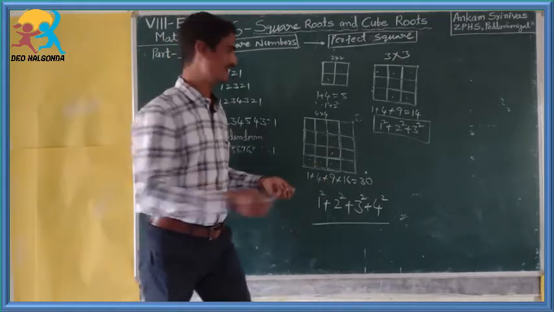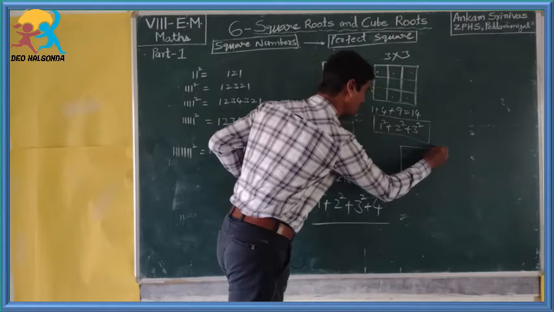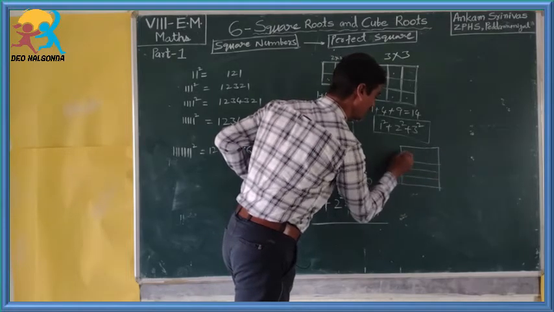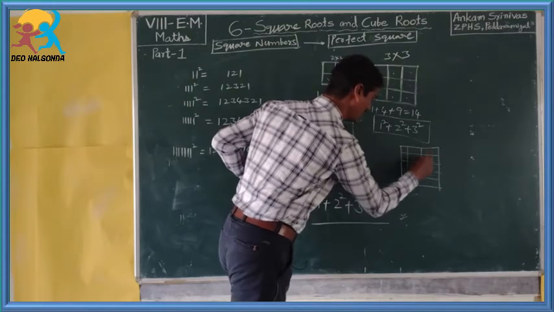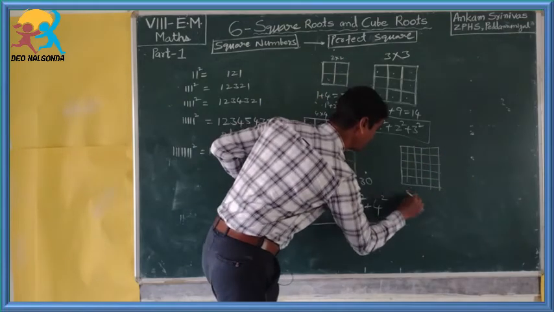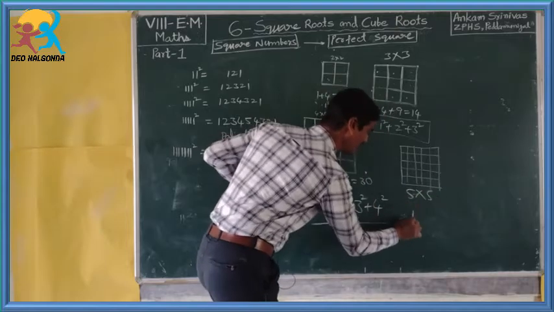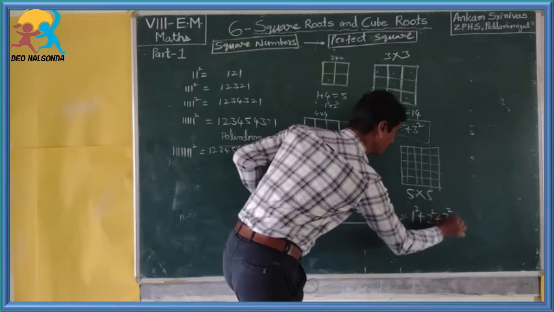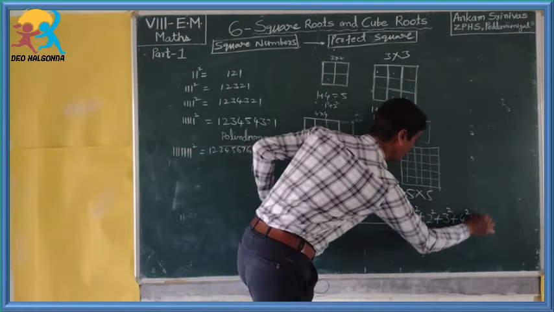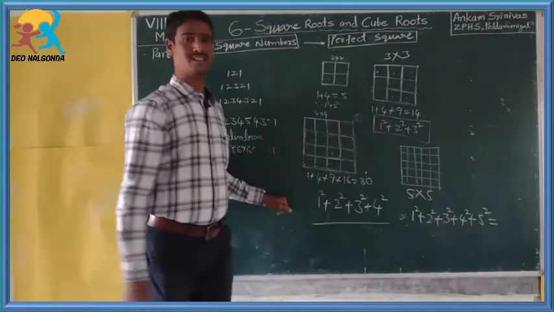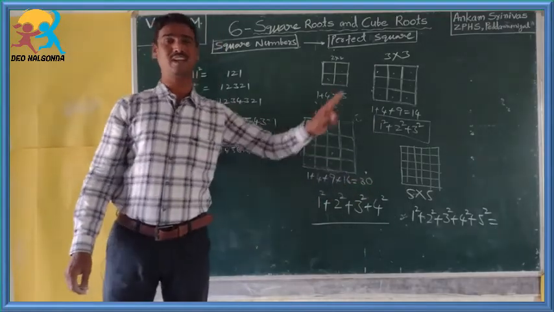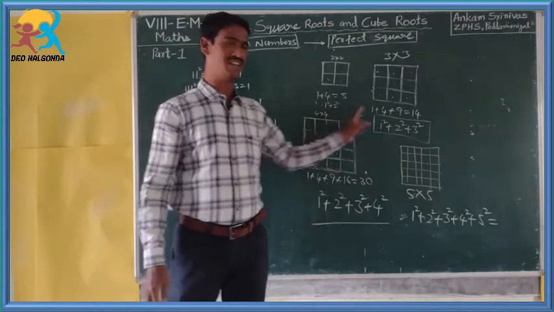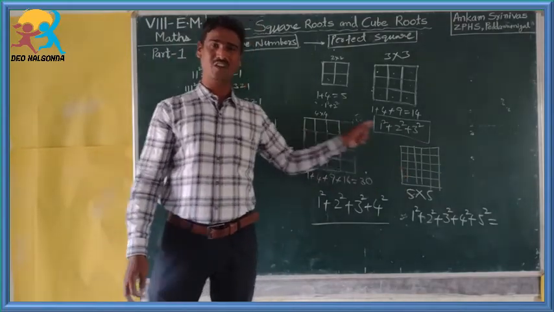If I am given the task to find the number of squares in a 5 by 5 figure, let us suppose, how many squares will exist in the 5 by 5? 5 by 5 means we will get 1 square plus 2 square, 3 square plus 4 square plus 5 square. If we take the sum of the squares up to 5, we will very easily get the number of squares of a given figure. It is a logic question.